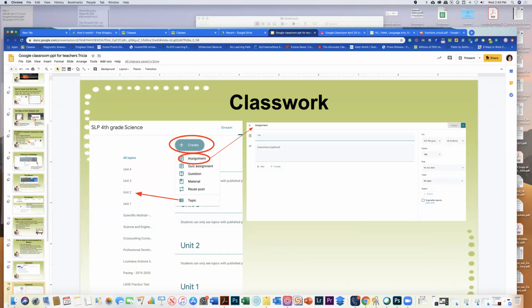I'm going to walk you through that thoroughly, but I want to call your attention to a few other things. In the list, you have the option to create an assignment, a quiz assignment, a question, just give them material to look at, or reuse a post, so that if you've had a post that you used already and you want to reuse it, you can do it there. And then